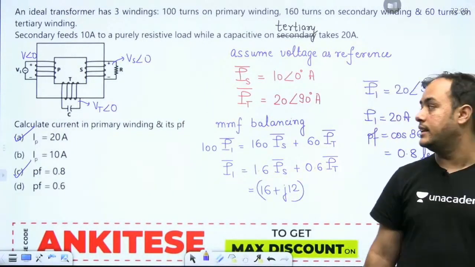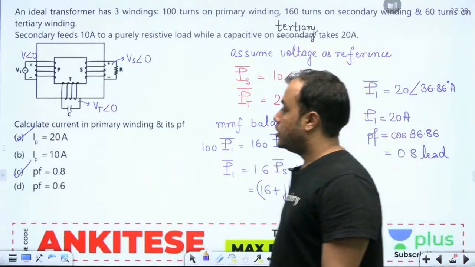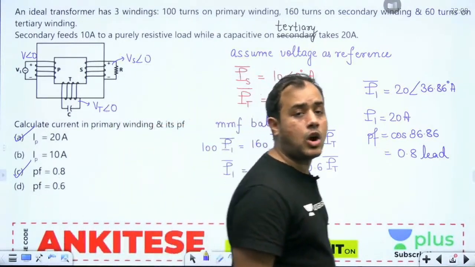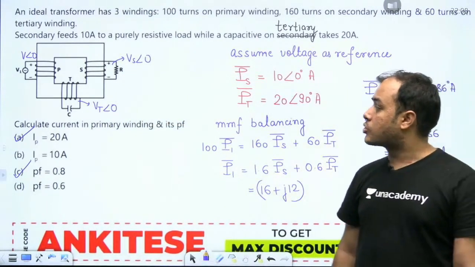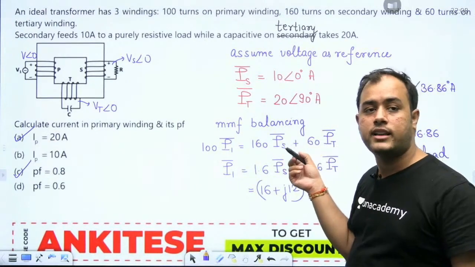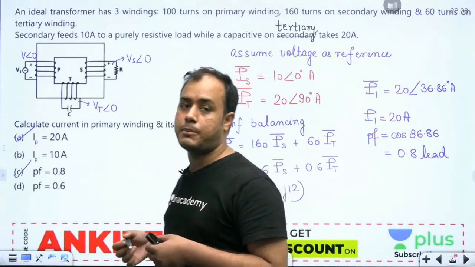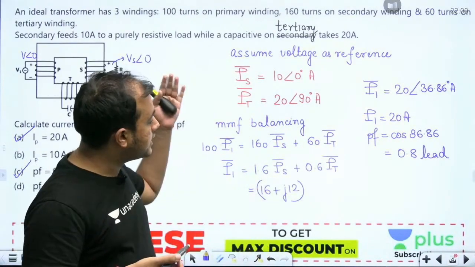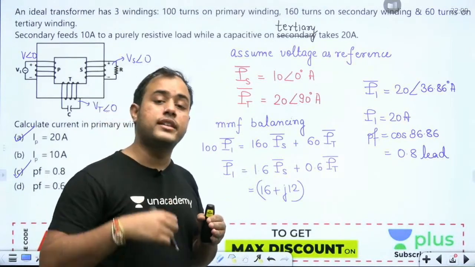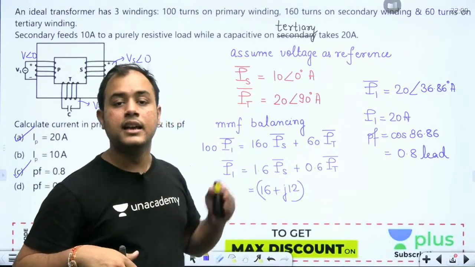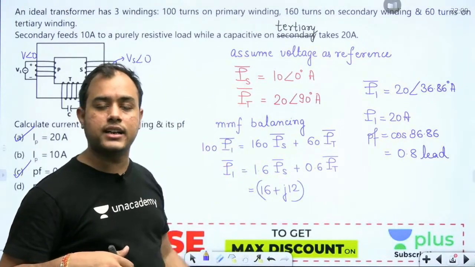Now, you can also apply power balancing, Shalu, but basically the load is not given in terms of power. So even if you keep VI conjugate, that method will not help you here. Why will it not help you? Because the load power is unknown, the load current is known. So first you will convert it to power, then you will balance it, then you will again find the current. Rather than that, we can directly find the current.